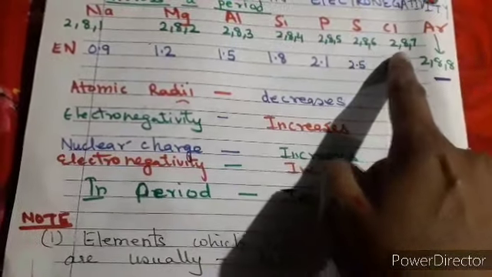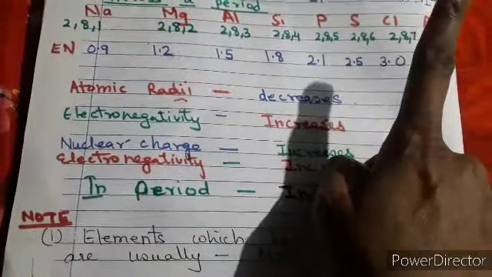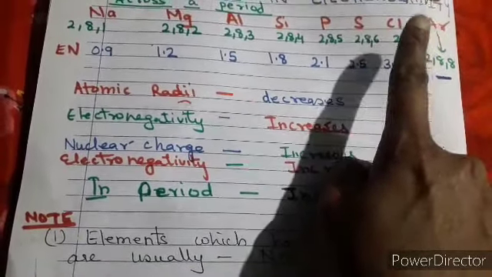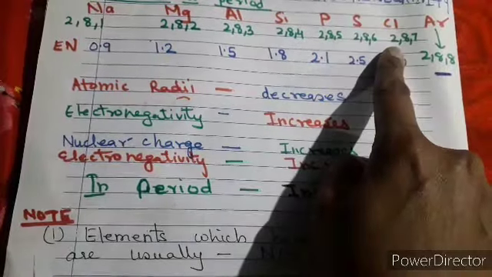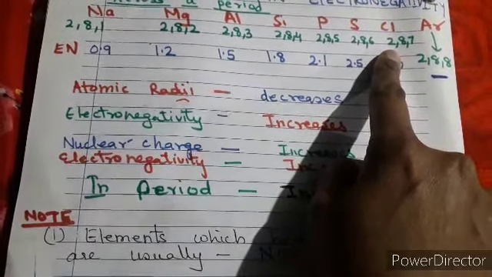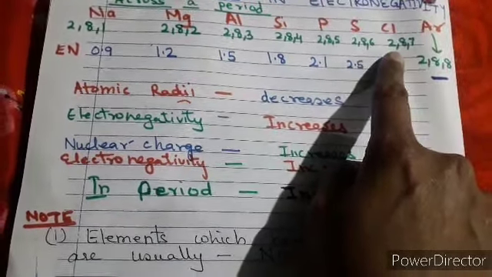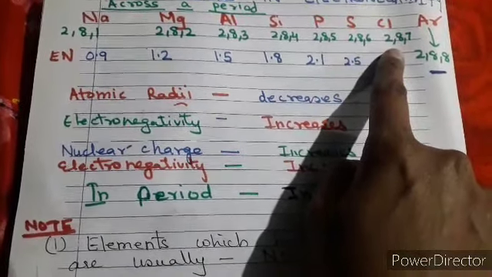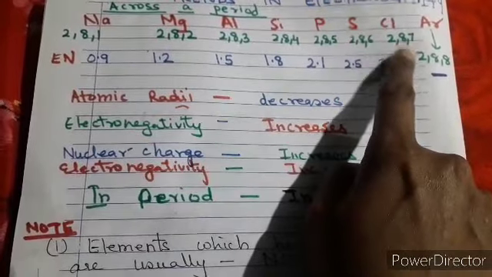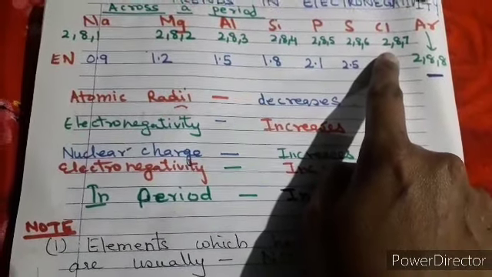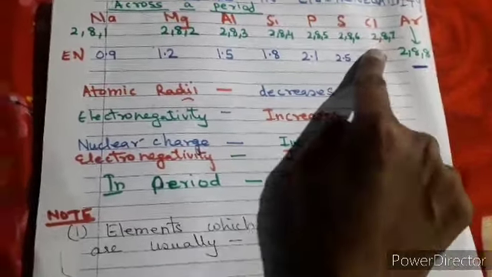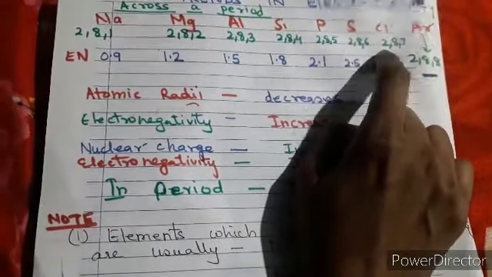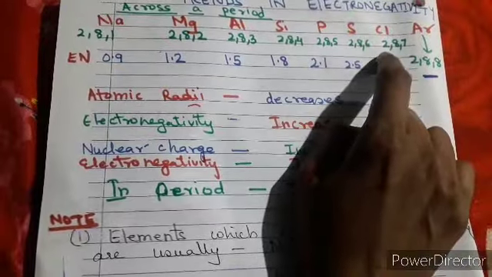So over here, who has the more nuclear charge? Cl. The positive charge on the nucleus will be more in Cl, and it will attract the electrons that are coming from outside, and even the electrons which are present inside this particular atom, to a greater extent. So it will accept the electron very easily over here, right? That's why it is more electronegative in nature, and this shows the increase of your electronegativity.